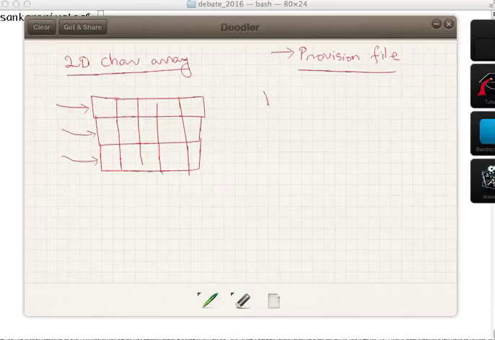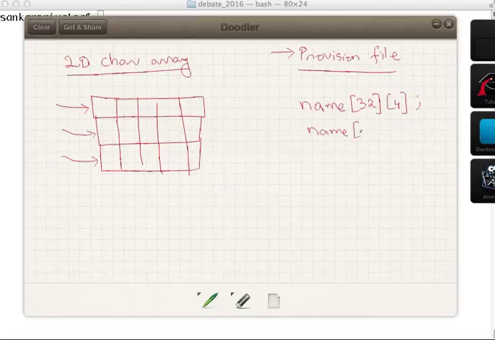Let's talk about the name pointer itself, say 32 rows and 4 columns. This name[0] is a pointer to the first row of the 2D array,